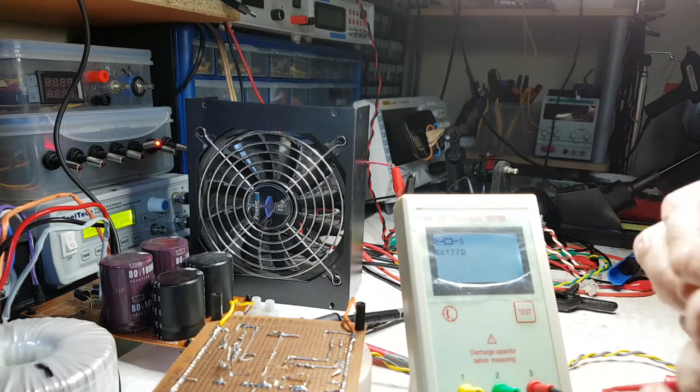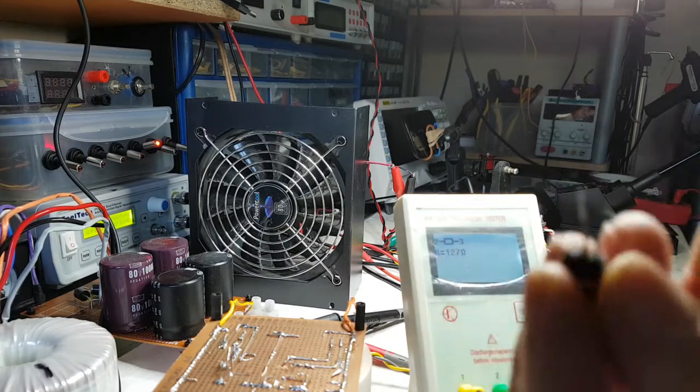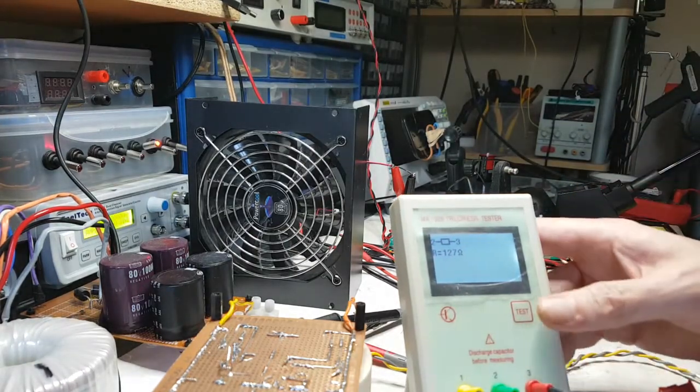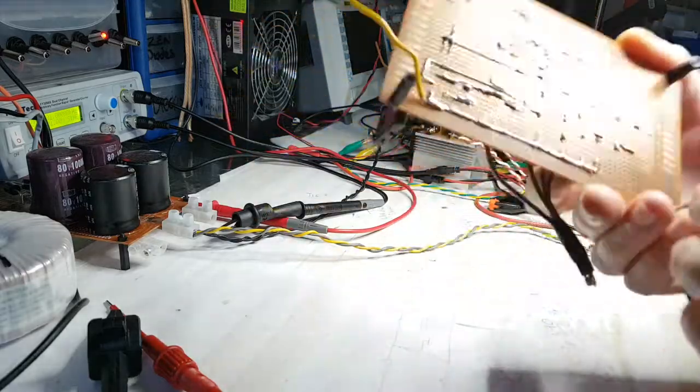Again, it's no good. So both of those driver transistors are blown then. That one might be a little bit dubious the way I'm actually trying to read it, but the other one is definitely blown. So I'll take that out of the circuit and replace those. Okay, so we've got two